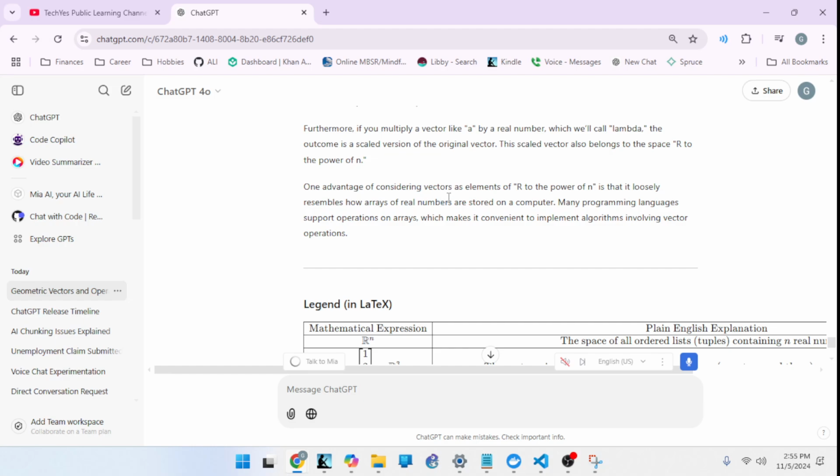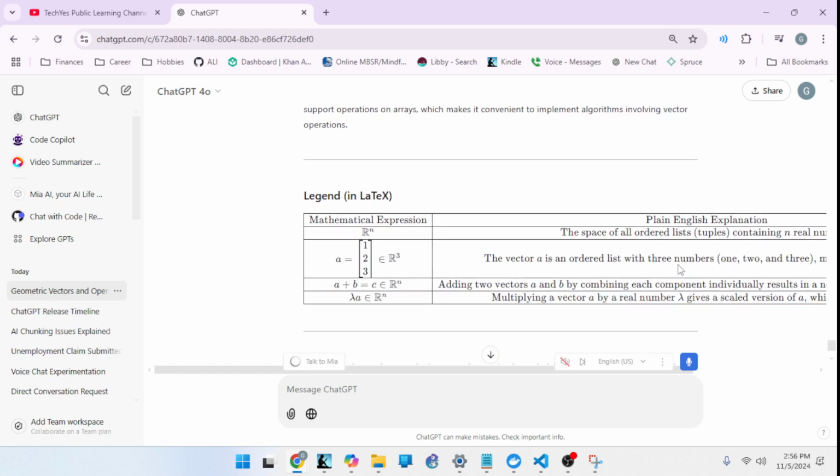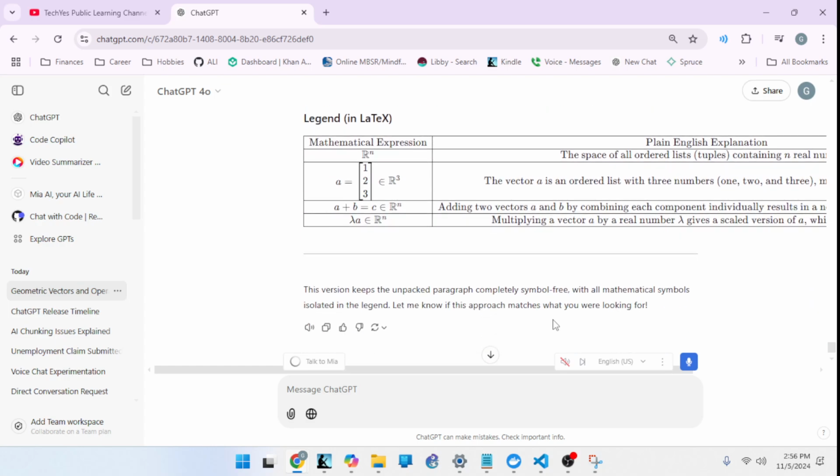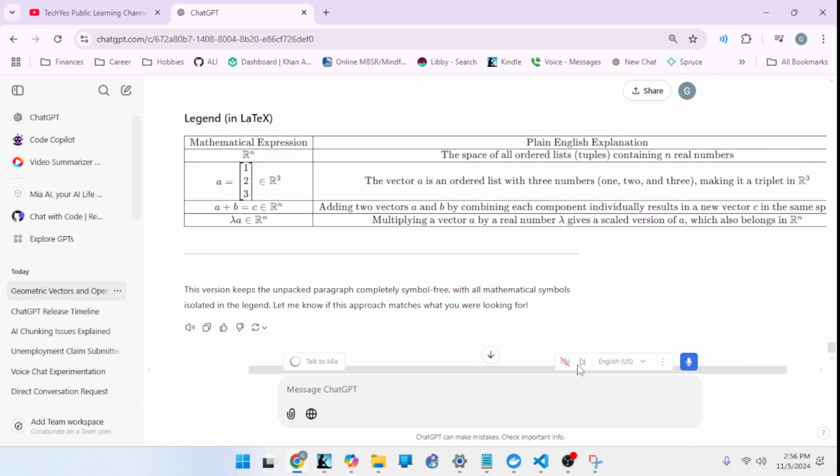One advantage of considering vectors as elements of r to the power n is that it loosely resembles how arrays of real numbers are stored on a computer. Many programming languages support operations on arrays, which make it convenient to implement algorithms involving vector operations. So, I mean, the thing is, like,